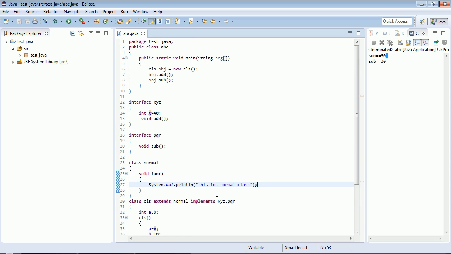Okay, so you can declare any variable inside the interface, and you can also declare any method inside the interface. And you can also apply the access specifier that we have already seen in the previous video to the method of the interface. So that's fine. And